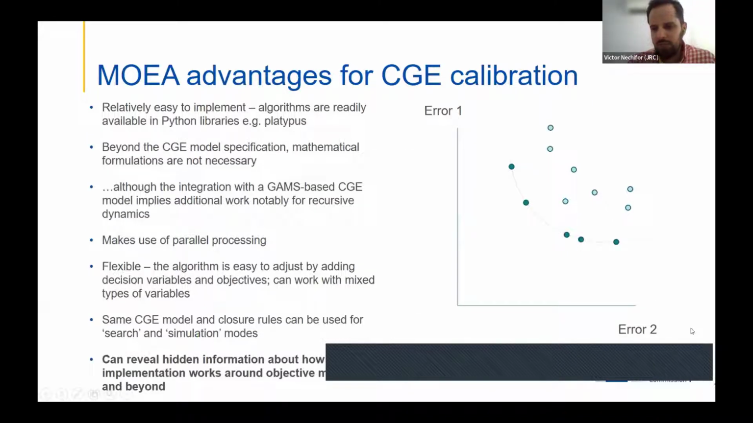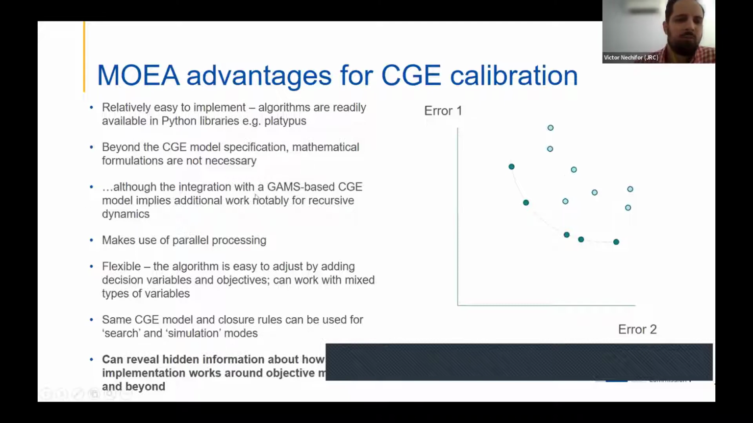Why do we advocate for this MOEA? Because it has a number of advantages. So we consider it to be relatively easy to implement. We have algorithms which are readily available in Python libraries. So for this exercise, we are using Platypus as a library. In terms of CG model changes, there's really just very little changes that are required because the mathematical formulations are